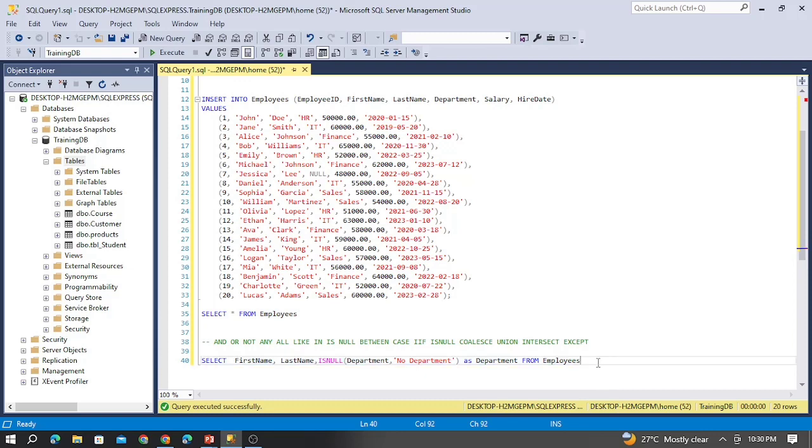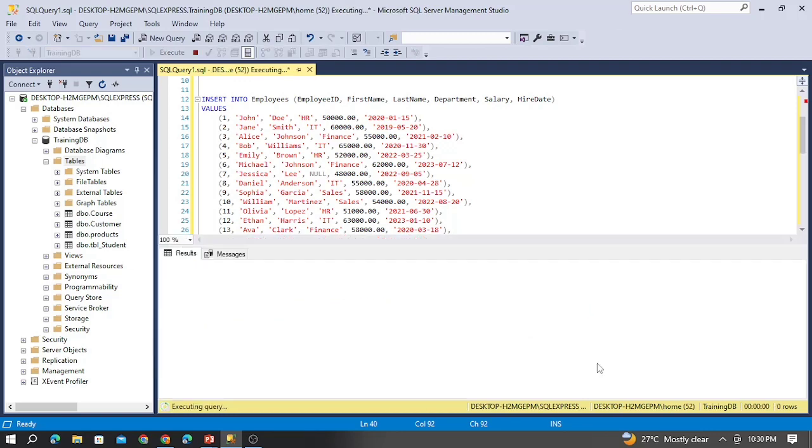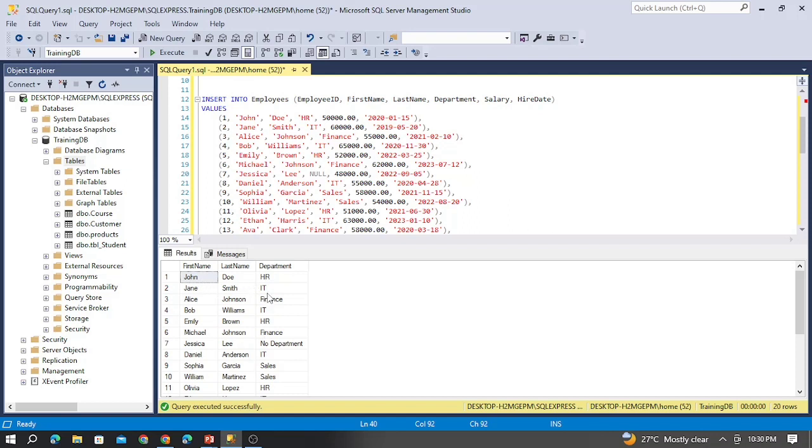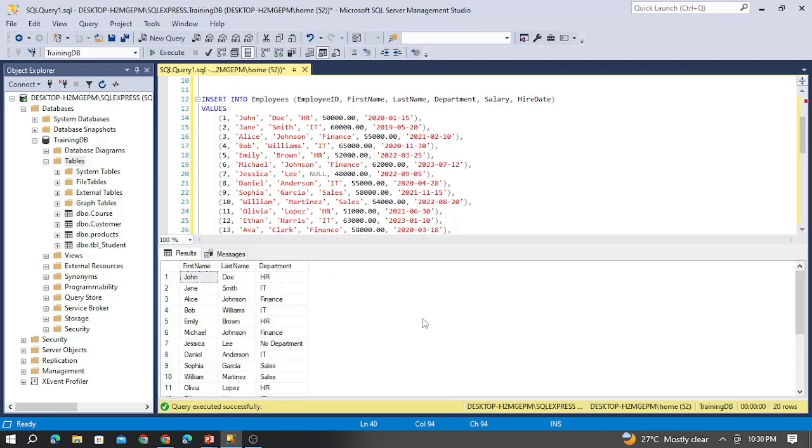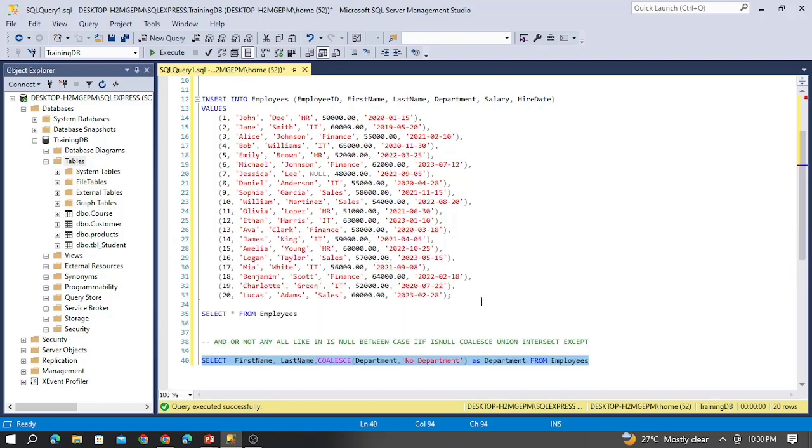So let us execute this. This shows all the employees with the respective department. So Jessica has no department and it is assigned as no department. Is-null and coalesce will play the same role. Let us use this coalesce operator here. Let me execute this. So these two return the same thing, but the major difference between the is-null and coalesce